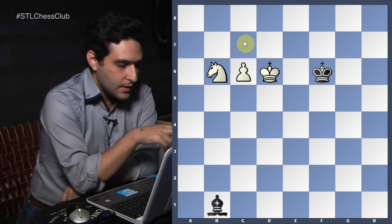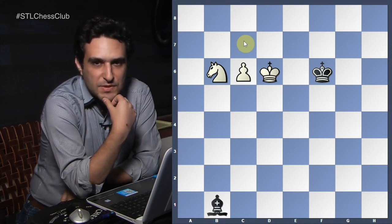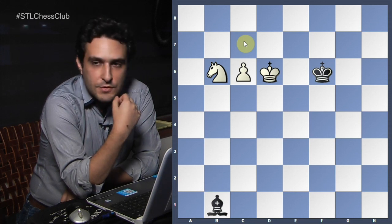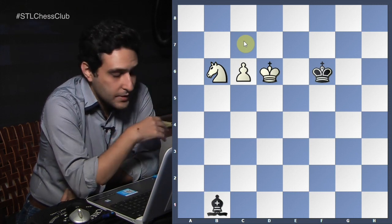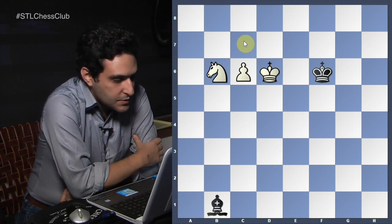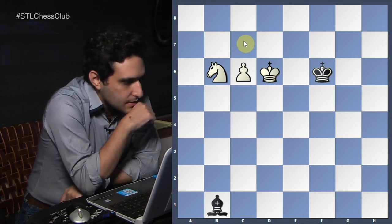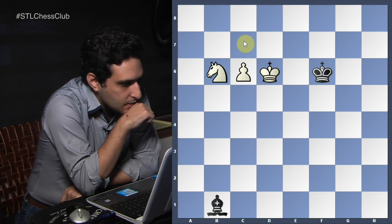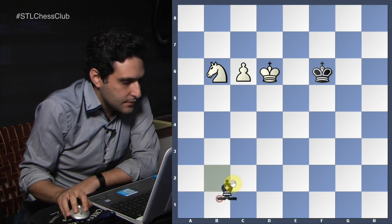Bishop d3, the problem is that if you don't get to b7, there's a problem. Our bishop is on a small, the short diagonal. So if you go bishop d3, I think I have knight. I can play c7, bishop a6, and let's have a look at that. So if bishop d3,